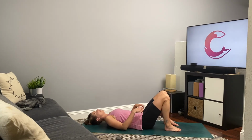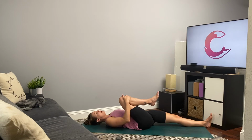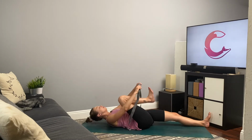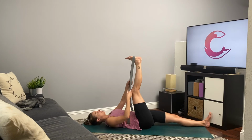From here, let's extend that left leg out in front of us. We'll draw that right knee in towards the chest again. And this is where our strap is going to come in handy. So if you have a yoga strap or using anything like that, like a scarf, a jacket, a towel, a belt, we're going to loop that around the arch of that right foot